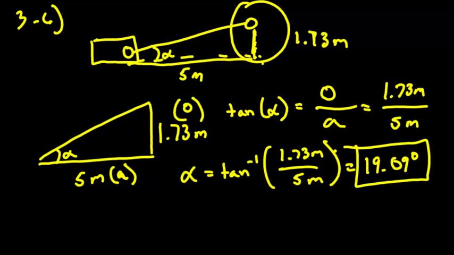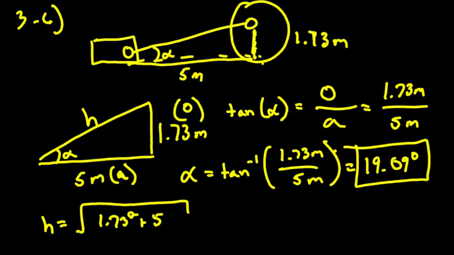We could also do this a couple ways by finding h, or the hypotenuse side, by maybe doing Pythagorean's theorem, with h equal to the square root of 1.73 squared plus 5 squared, and this will give us whatever h is. And then from this we can also apply sine of alpha, or the inverse sine or the inverse cosine. And just to reinforce that concept,